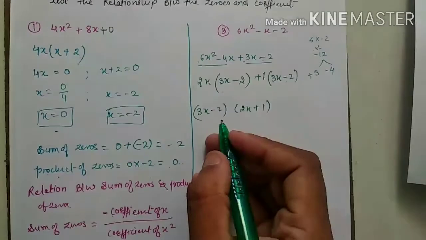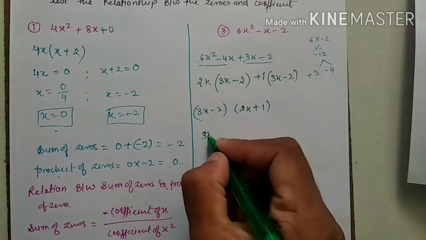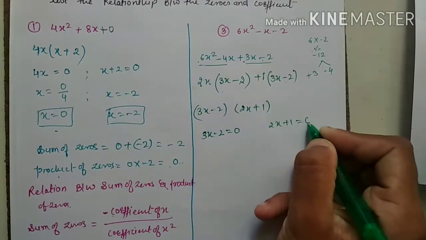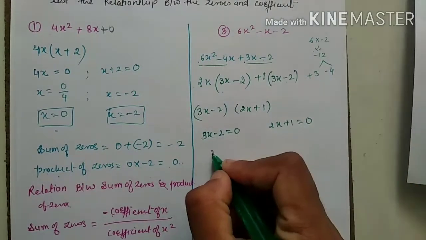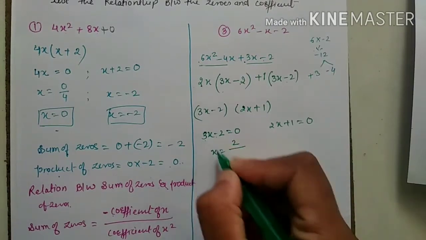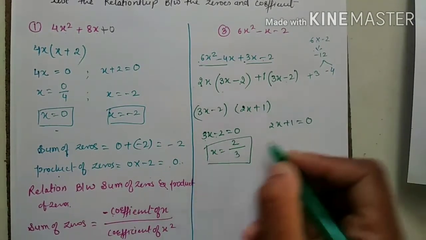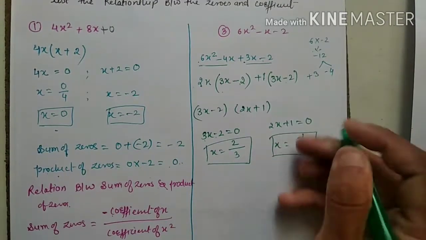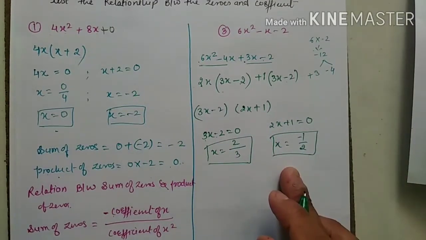So again you have to do the zeros of polynomials. So put here 3x minus 2 equals to what? 0. 2x plus 1 equals to what? 0. Now further x equals to minus 2 go that side, positive. 3 is multiplying, go that side, divides. Here x, I am taking minus 1 by 2. So these two terms you are getting as zeros of polynomial.